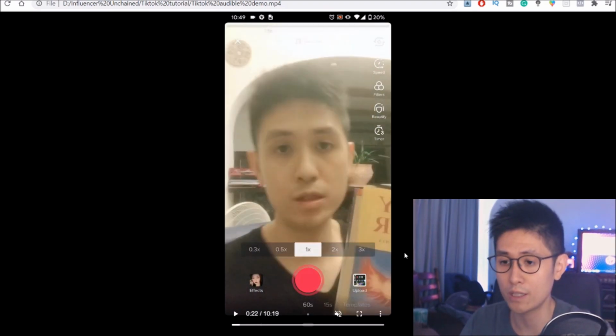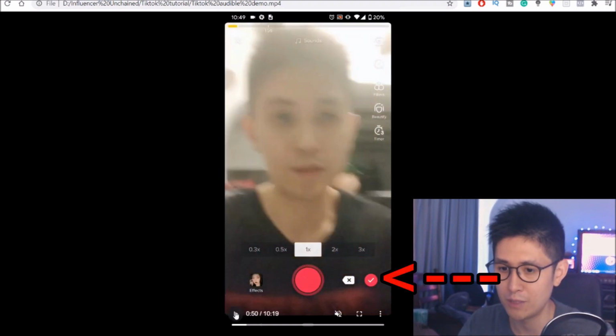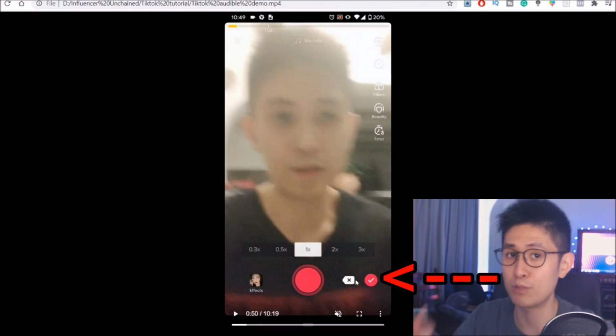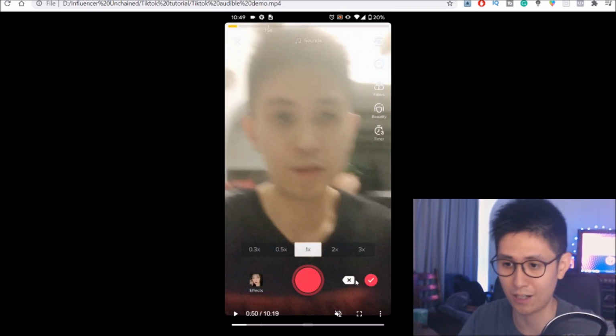Anyway, to begin recording, you merely need to hold down that red button at the very bottom, and you can also do retakes if you need to. And if you look at the X here, this actually means you can do a retake of that previous clip. So it's not the entire TikTok clip, so it's just the previous recording that you made, which I think is